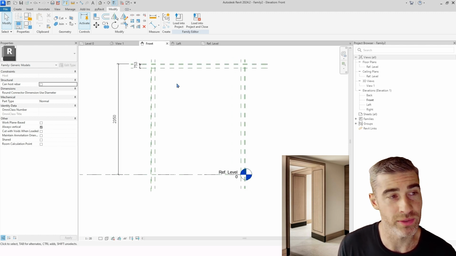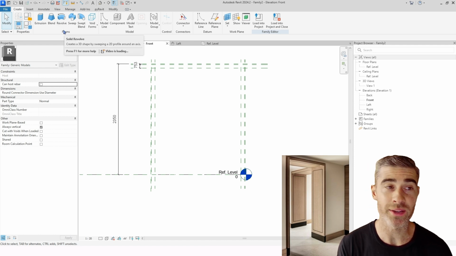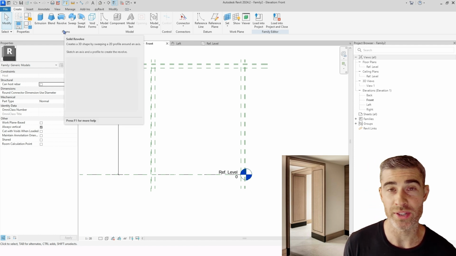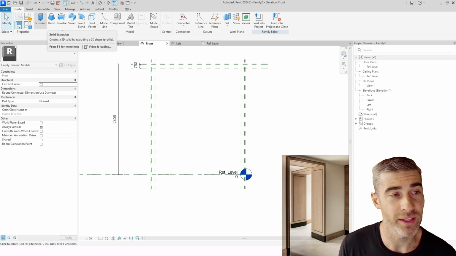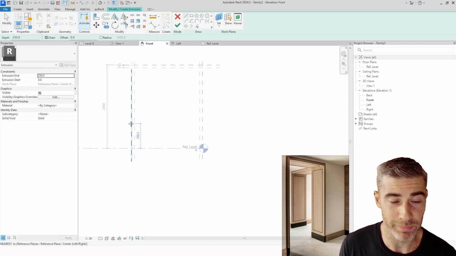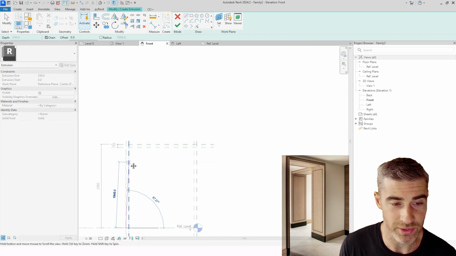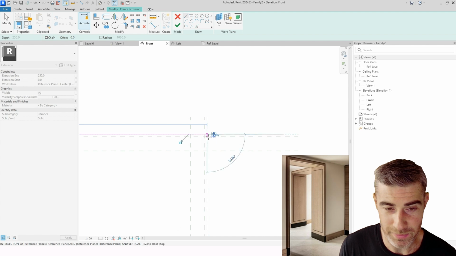Back to my elevation view, under the Create tab, you'll find Forms. And within Families, we can now create these extrusions and create this mass, to what we want to now further develop. So I'm going to hit Extrusion, and I'm going to actually use these referenceable planes now as guides. So I'm going to start here, go to the top, come to the top,